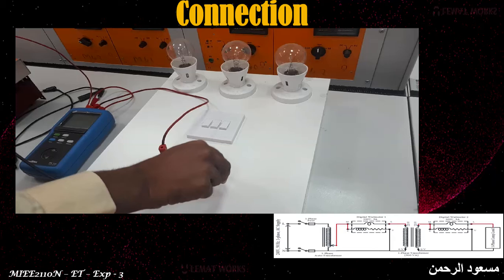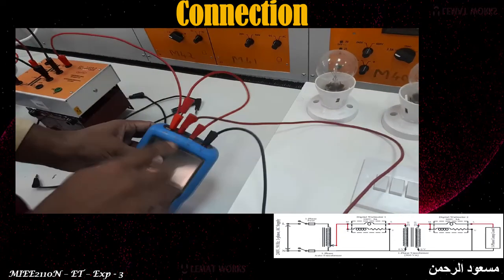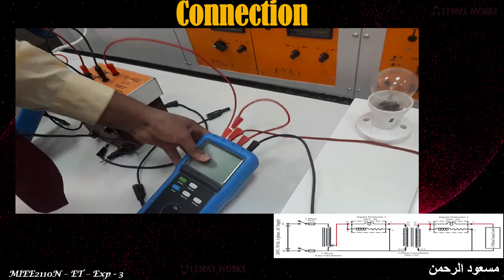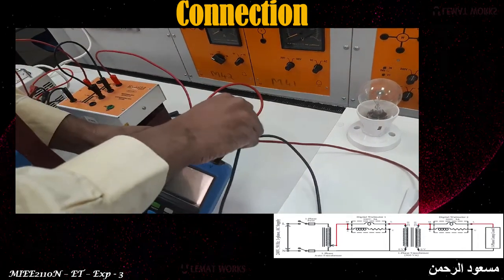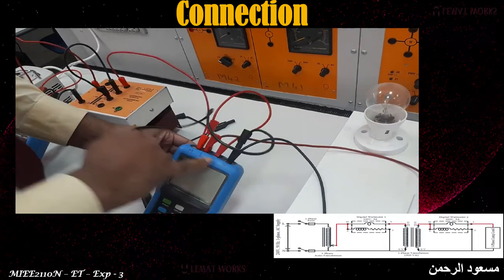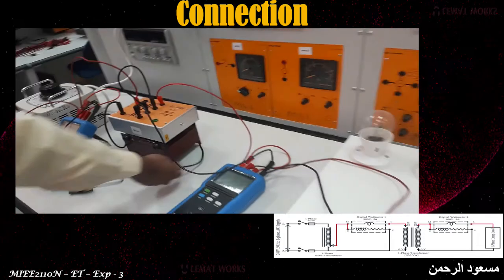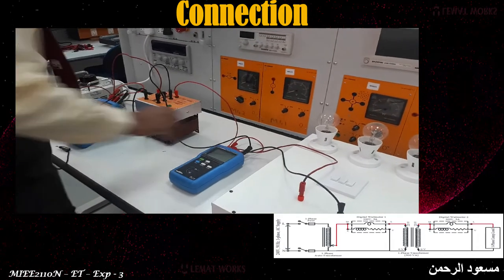The neutral point of the single phase lamp load is connected with the V point of wattmeter 2, and the last wire of this connection, the V point of wattmeter 2, is connected to the 0 point of the secondary coil. Okay, so this is how we have to give the connection